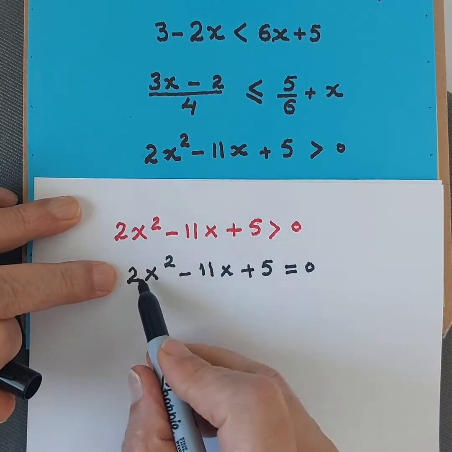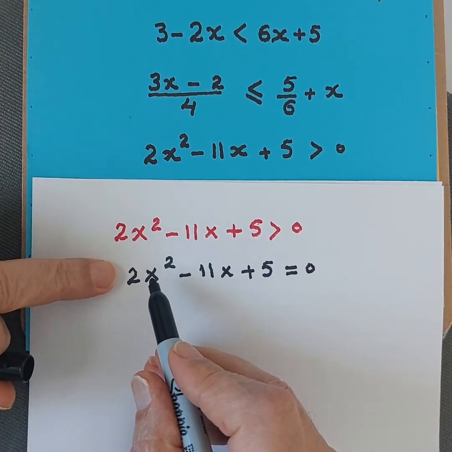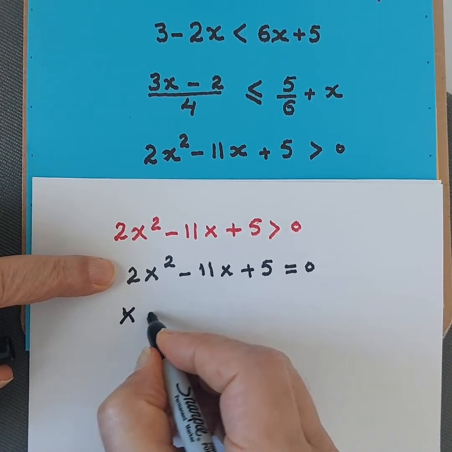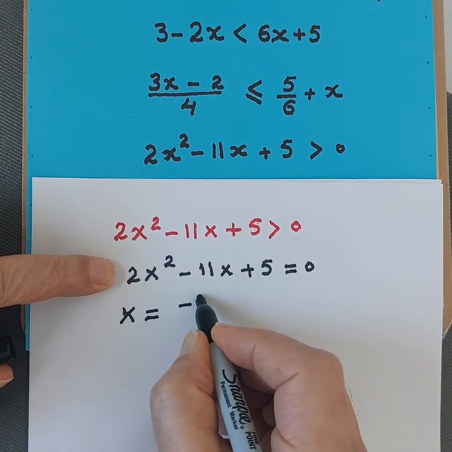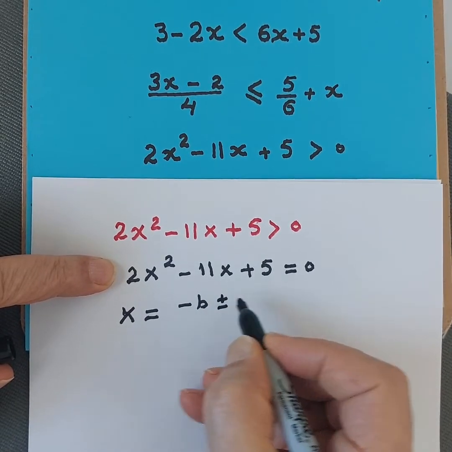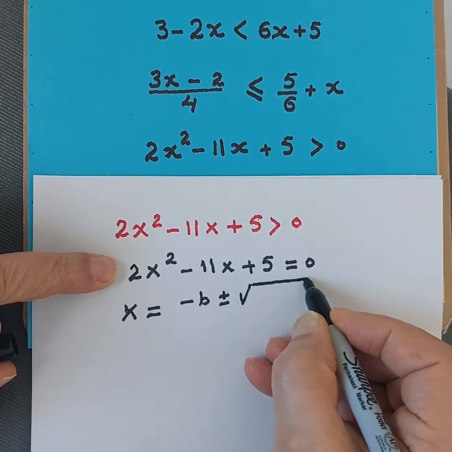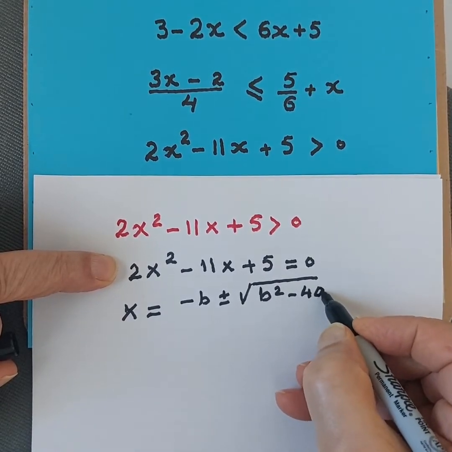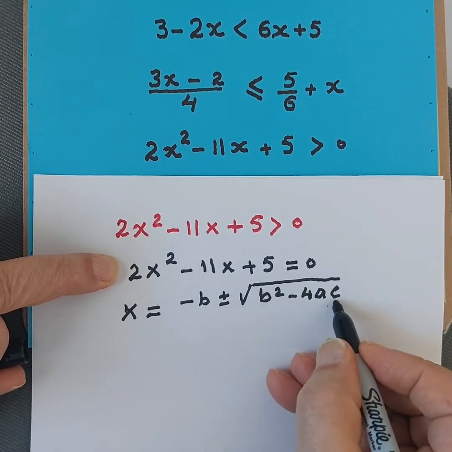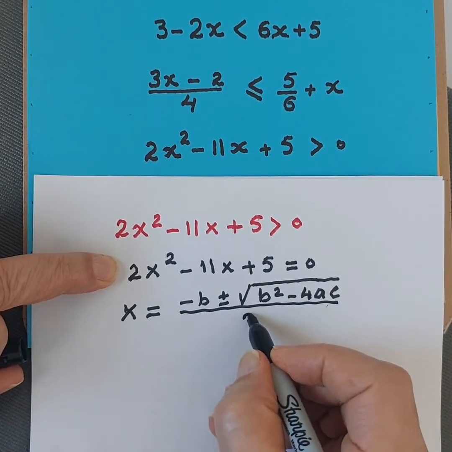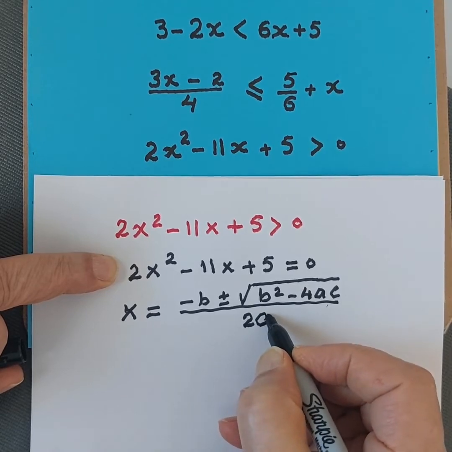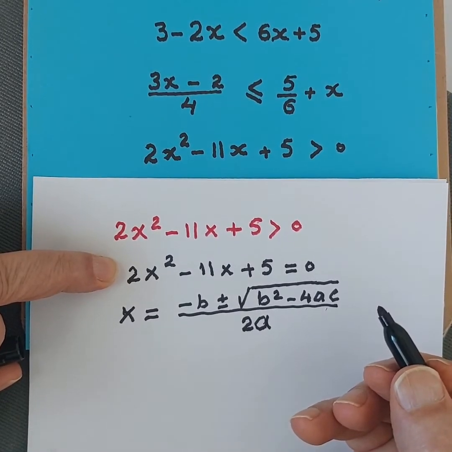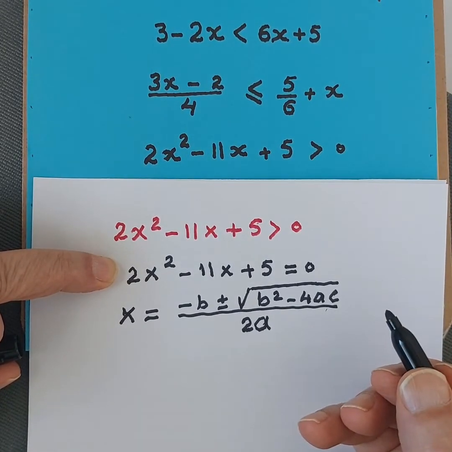Now you see this can be solved in different ways, either by the rule x is equal to negative b plus or minus square root of b squared minus 4ac, divided by 2a,